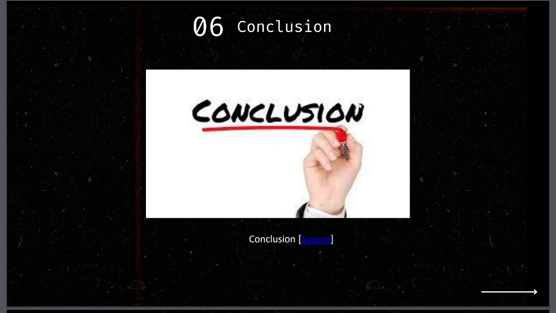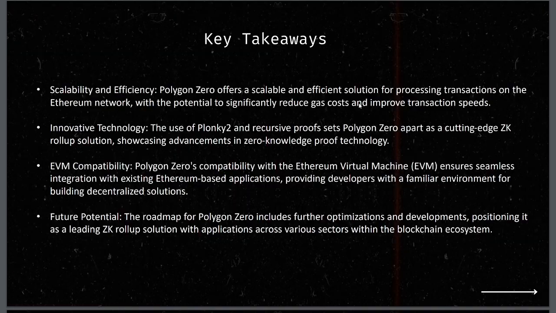Now we are at the conclusion section of the workshop. Let's look at the key takeaways that we can summarize. Scalability and efficiency. So Polygon Zero, as already mentioned repeatedly, provides scalable and efficient solutions through ZKPs, zero knowledge proofs, taking transactions off the Ethereum 1 blockchain and providing the verifiable proofs, the ZKPs, through the technology, through Plonky2, and thus they have the potential to reduce gas costs and